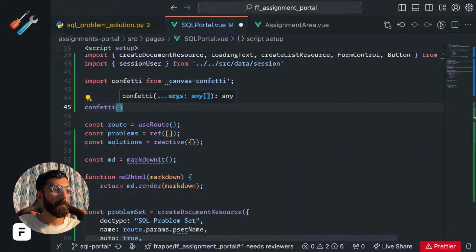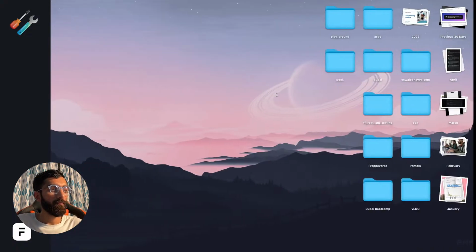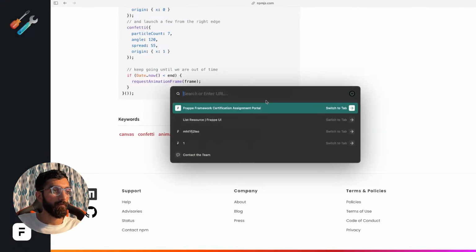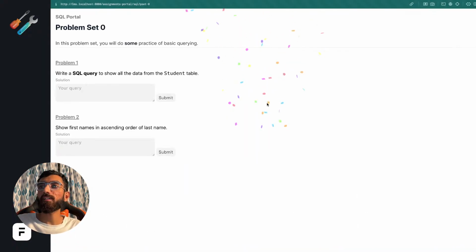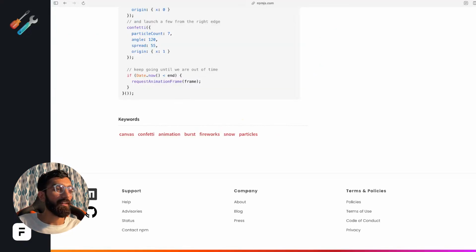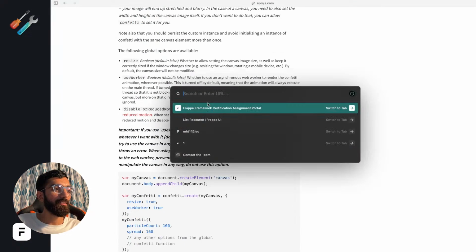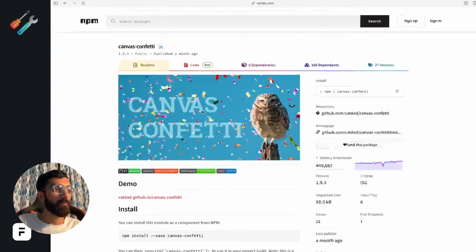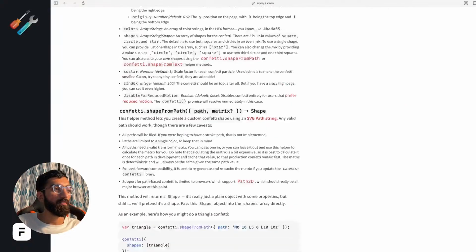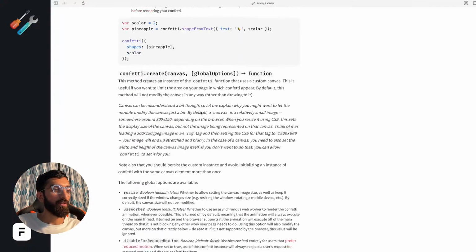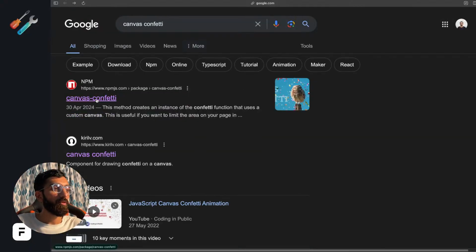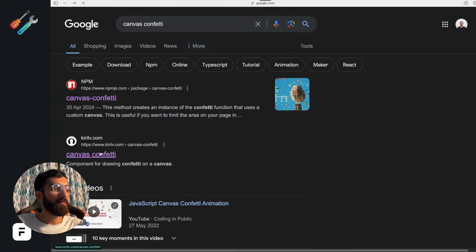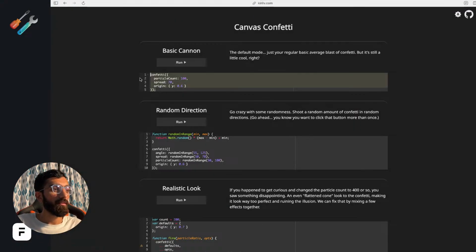Confetti. Oh, it works, it works. And it triggers from random directions. But yeah, it works. So let's copy this example,